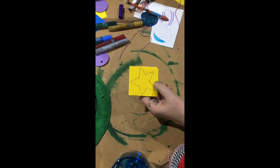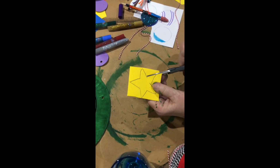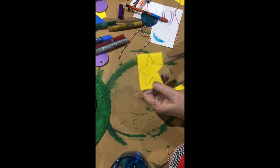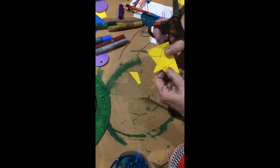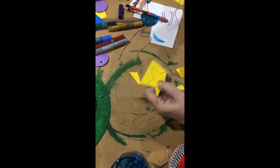And now we're going to cut it out. Through the 2, you're going to cut the 2 pieces together so that when you're done, you will have 2 stars that are the same shape. So they'll fit together just right. So once you're done cutting out the star,